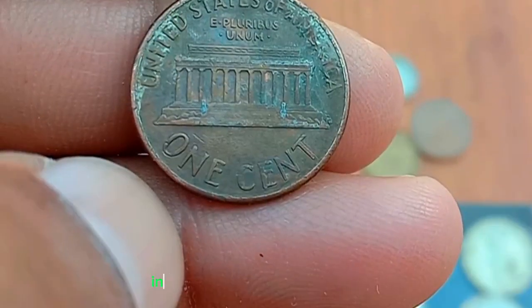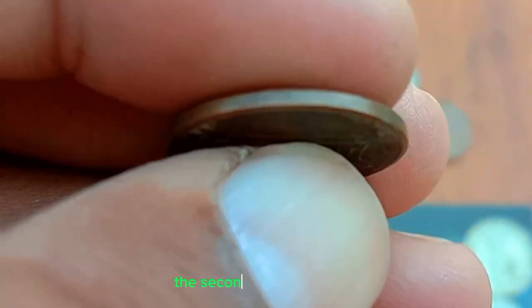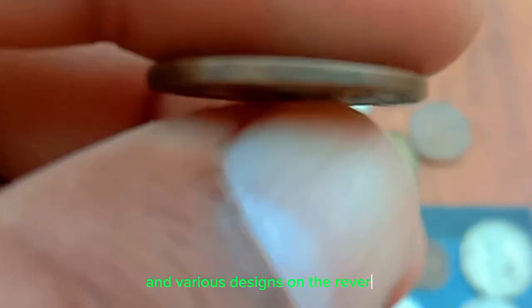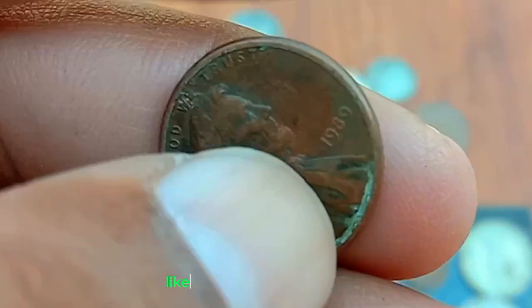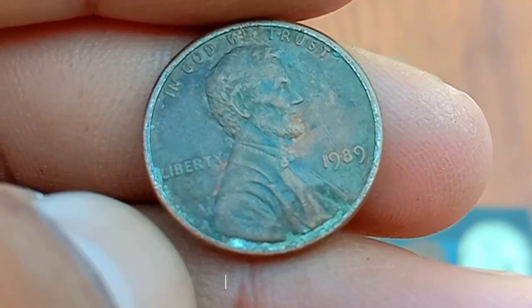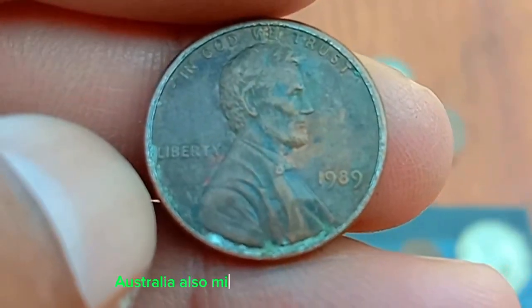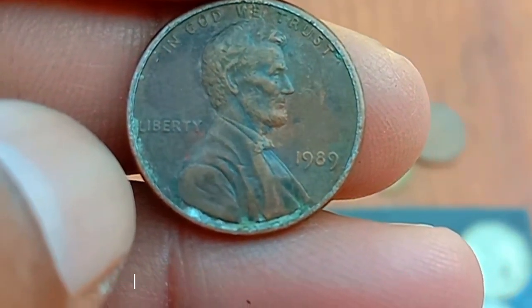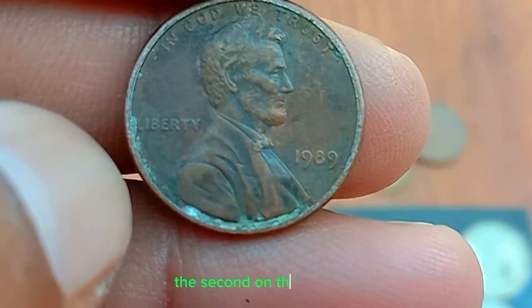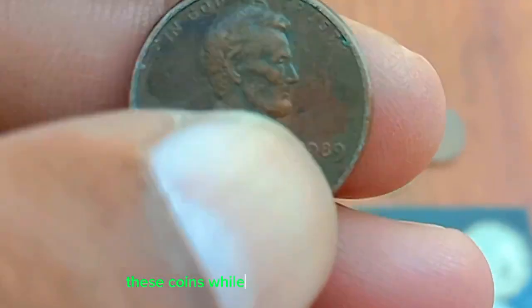presidents. In Canada, the 1989 1-cent coin bears the image of Queen Elizabeth II on the obverse and various designs on the reverse, depending on the mint. Like its American counterpart, the Canadian cent holds both monetary and historical value, representing a piece of the country's numismatic heritage. Australia also minted 1-cent coins in 1989, featuring the image of Queen Elizabeth II on the obverse and various Australian symbols on the reverse. These coins, while no longer in circulation due to the country's transition to decimal currency, remain sought after by collectors